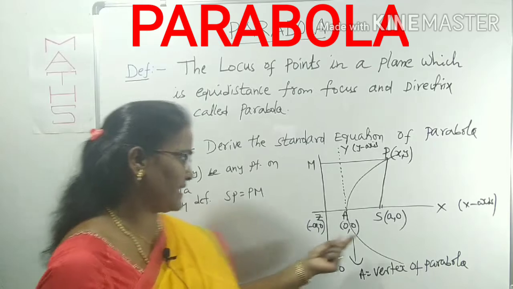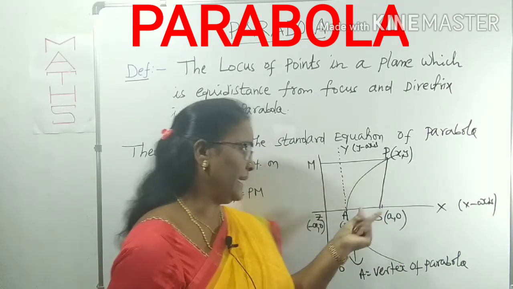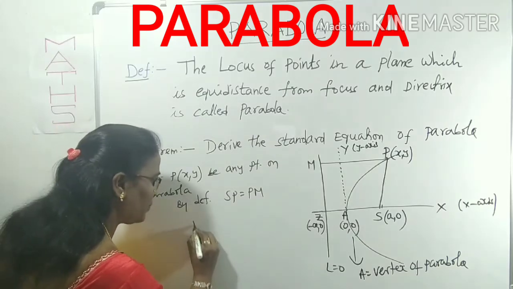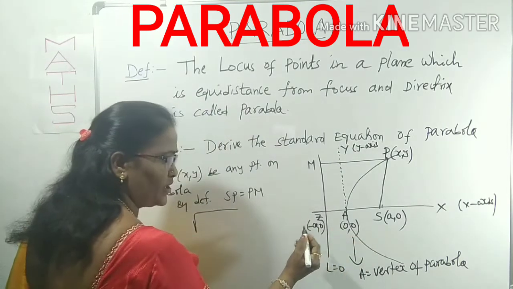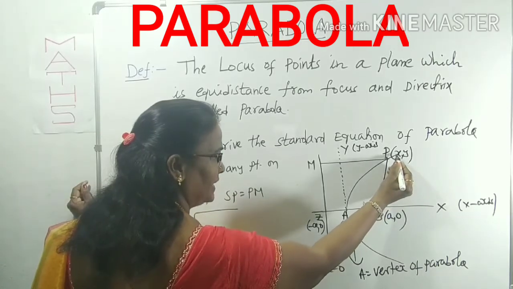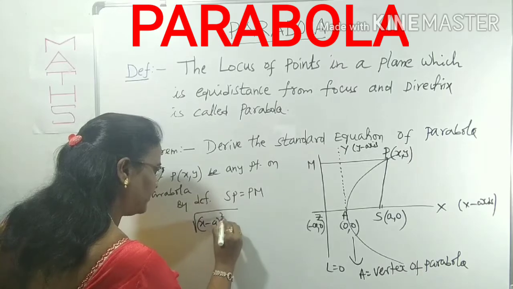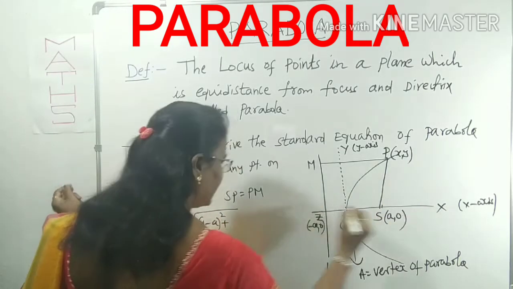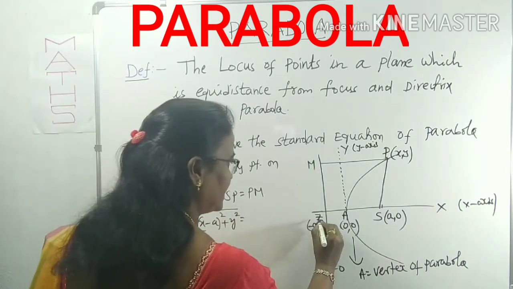What are the coordinates of S? a comma 0. What are the coordinates of P? x comma y. SP distance: you know, the distance between two points is root over (x2 minus x1) whole square plus (y2 minus y1) whole square. Means indirectly (x minus a) whole square plus (y minus 0) whole square, that is y square, is equal to